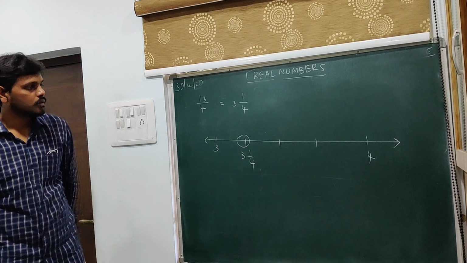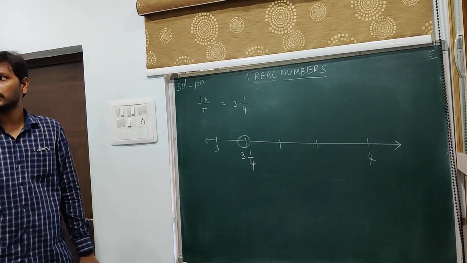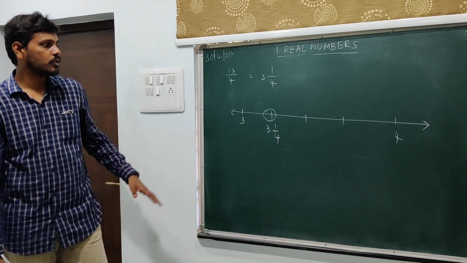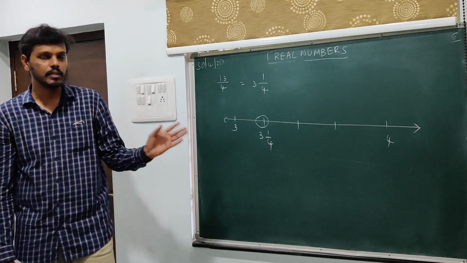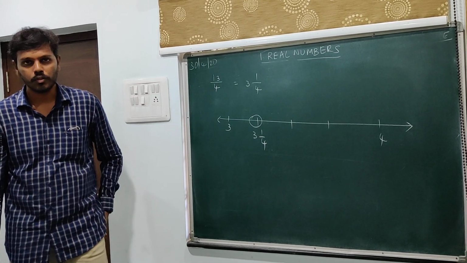So that is all. That is about the representation of rational numbers on a number line. I'll be providing you with a worksheet on the same. So today we'll conclude on this, and tomorrow in the next session we'll discuss something much more than what we have discussed today. So that's it.